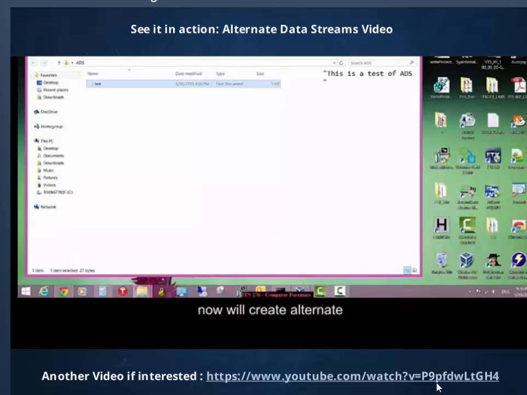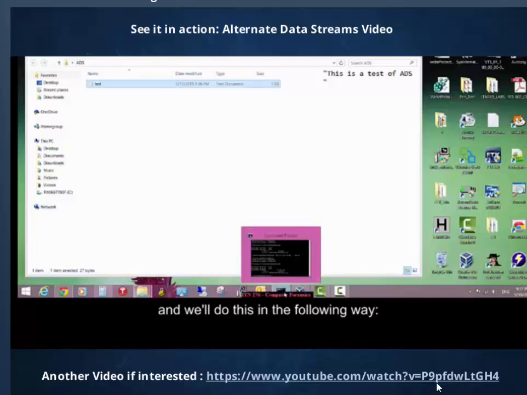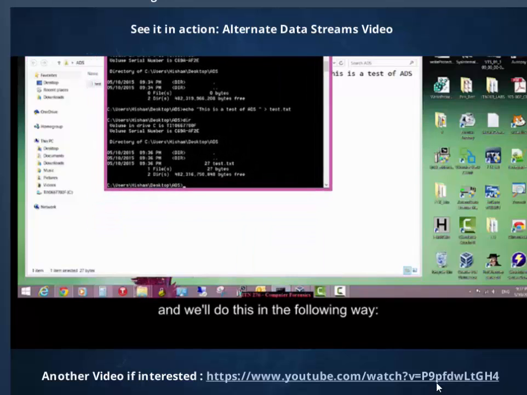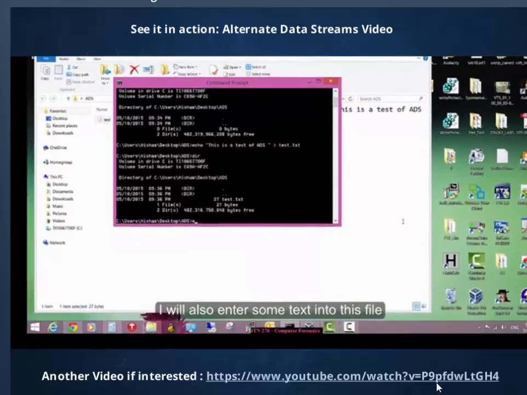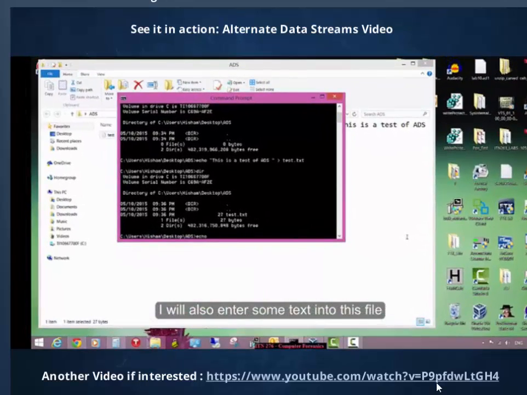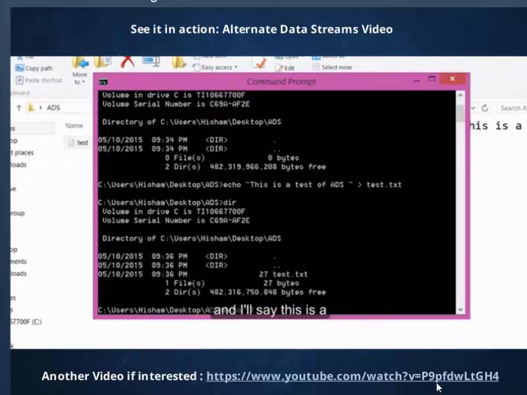Now we will create alternate data streams, or ADSs, and we'll do this in the following way. I will also enter some text into this file, and I'll say this is a hidden text for testing ADS,